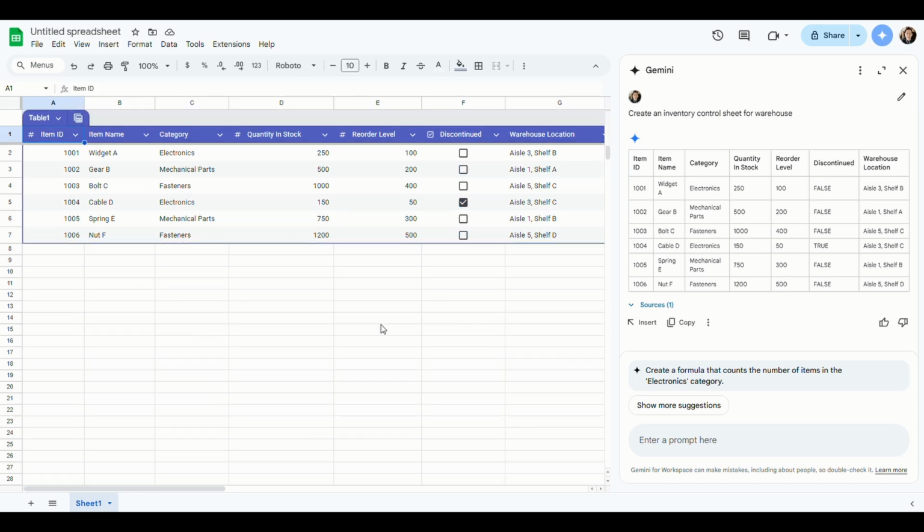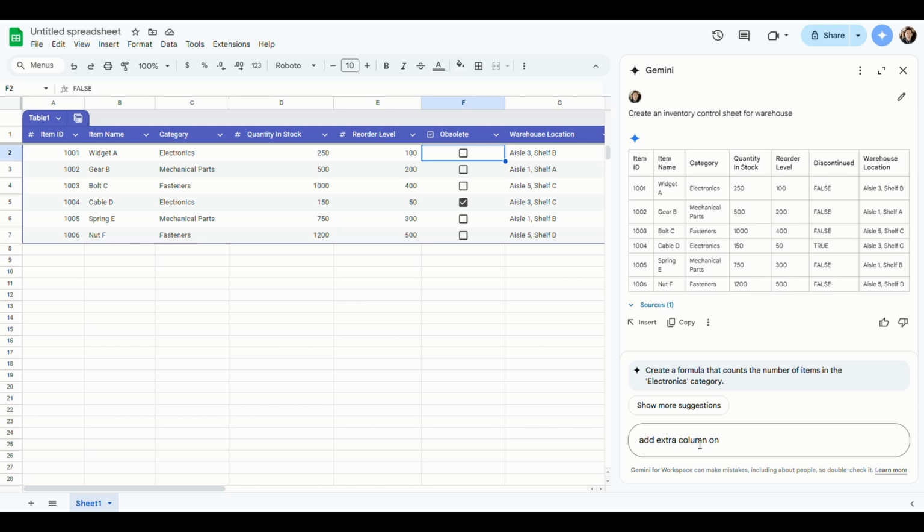And that's it, right? Now, if you want to modify this further, then you can basically give it a prompt. Let's say I don't want the discontinued. I can just change it right over here rather than give another command. I can put it obsolete, right? Simple as that, yeah? And if you want to add an extra column, then you can put it right over here. Add extra column